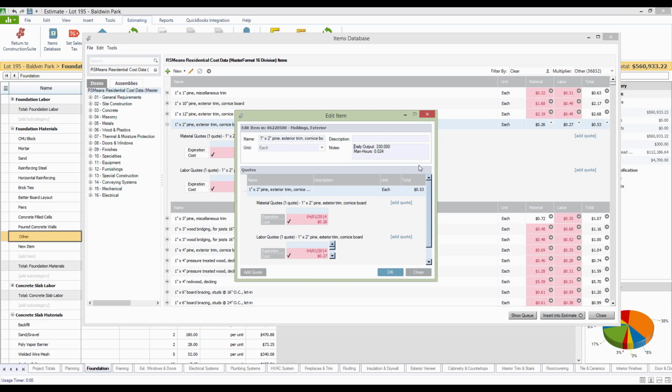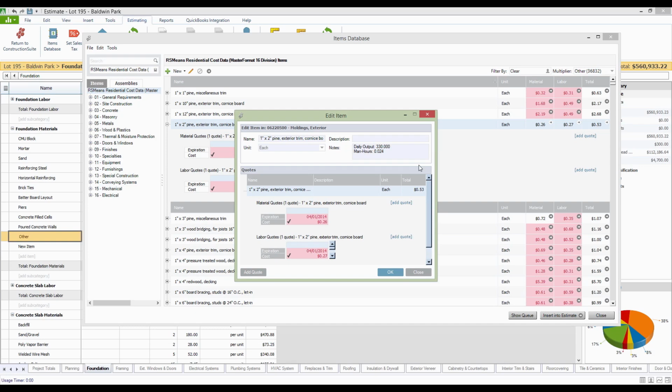Now, if you go through and do the updates for the cost book, you'll find that the units for most of the pine trim are probably going to be linear feet. And with that being the case, 330 linear feet is fairly reasonable for a carpenter, and that's where they're getting that pricing information from. Now, of course, this is based on averages, so it doesn't take into account how amazingly